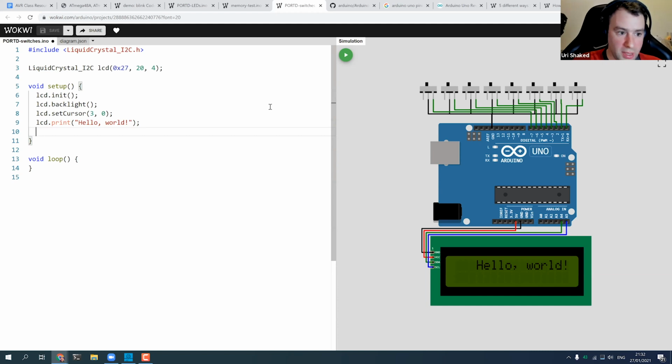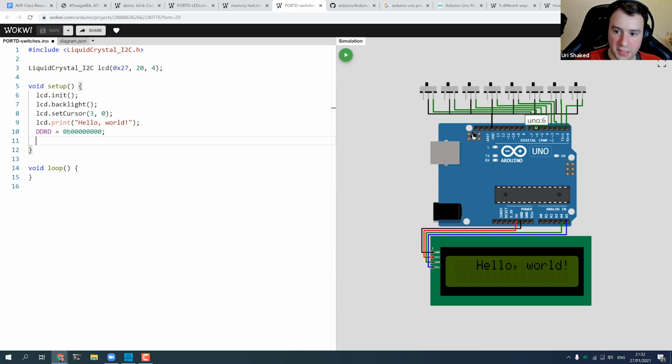So basically, we need to write 0 to DDRD for all the pins to set them as input. But if you remember, when we read from a button, we usually need a pull-up resistor, and we don't have any pull-up resistors in these schematics. So we want to enable the pull-up resistors for those pins.